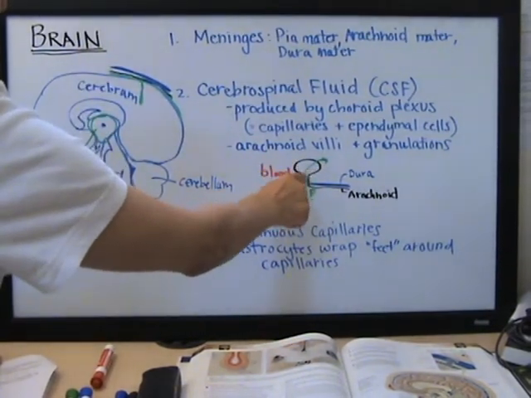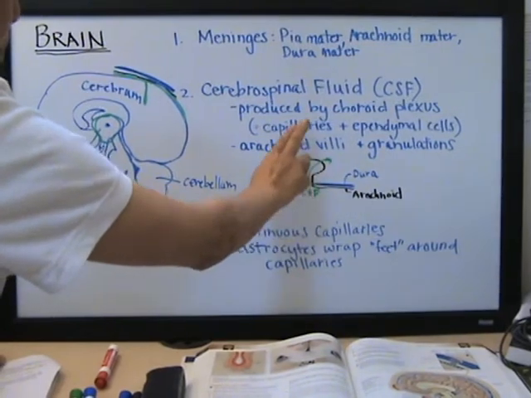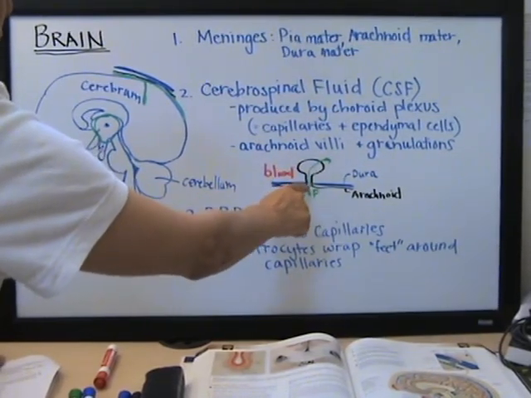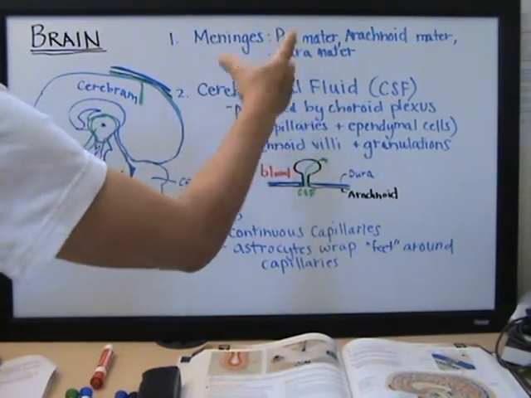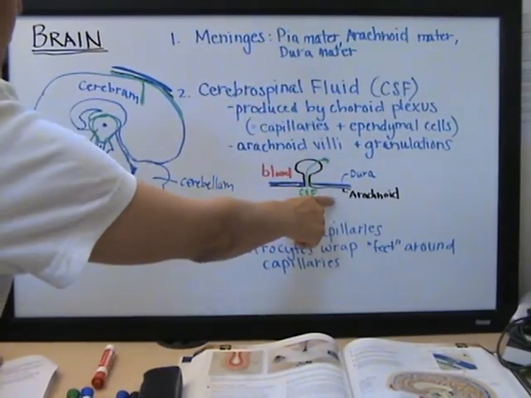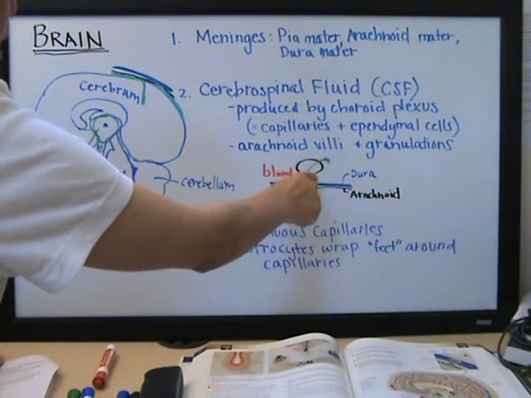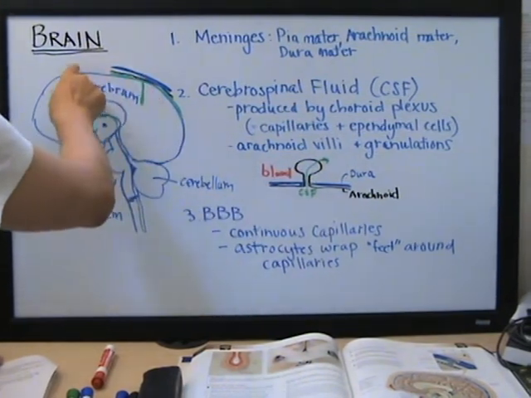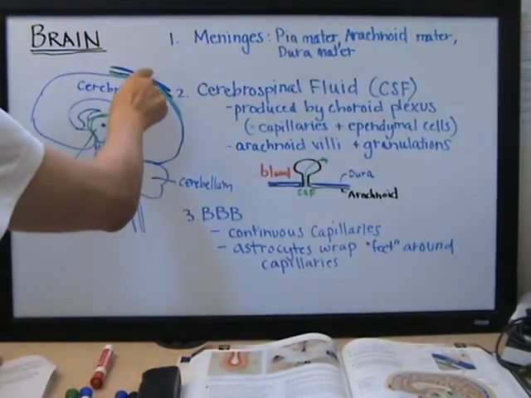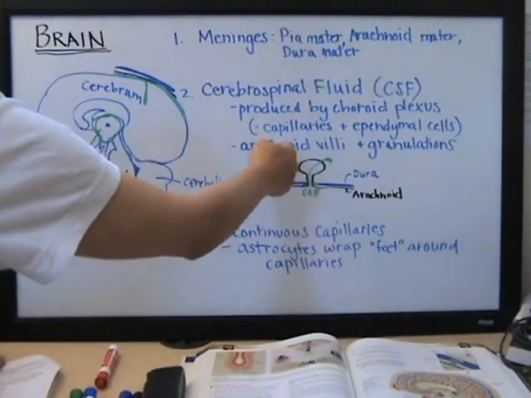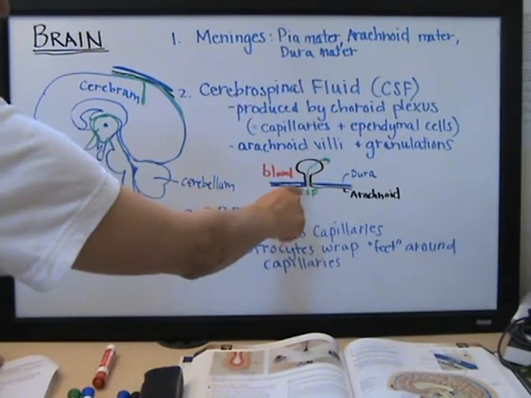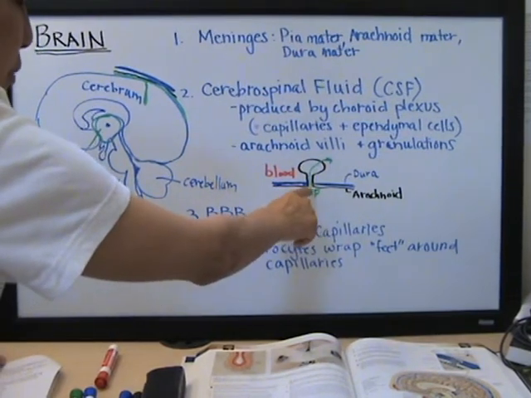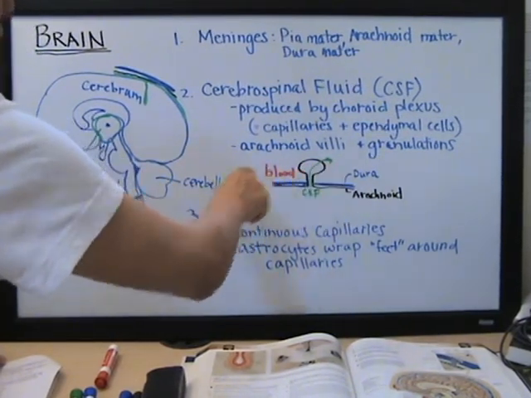These little parts of arachnoid that pop up through and are surrounded by blood are called the arachnoid villi. So there's a lot of little villi located along here where the arachnoid pops up, again through the dura and into the veins. And that's how the CSF will make its way back into the bloodstream,